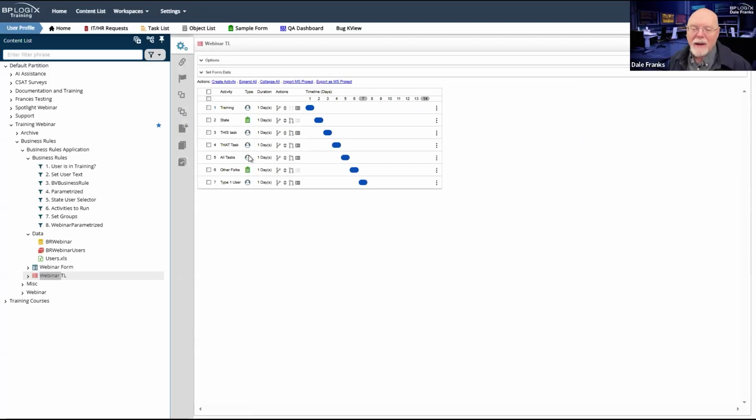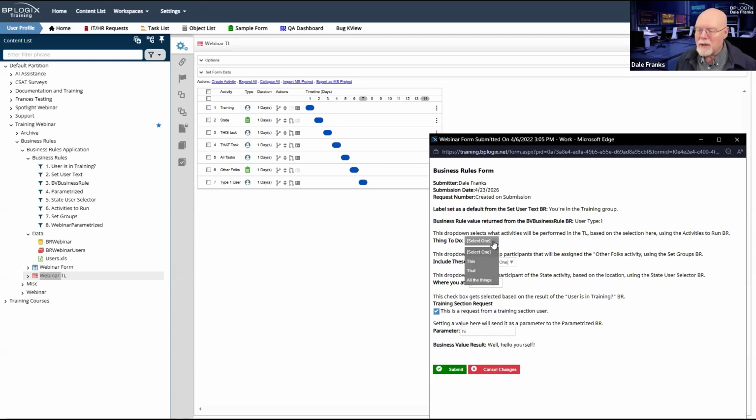And so with that, I can set up conditional execution where there are 3 different possible execution paths that can be run for each instance of the process timeline, and they're all based on whether I picked this, that, or all the things.